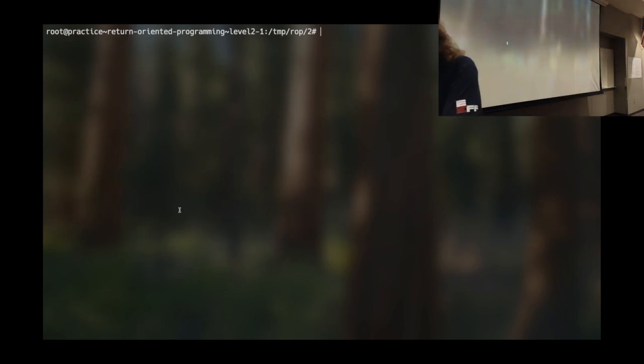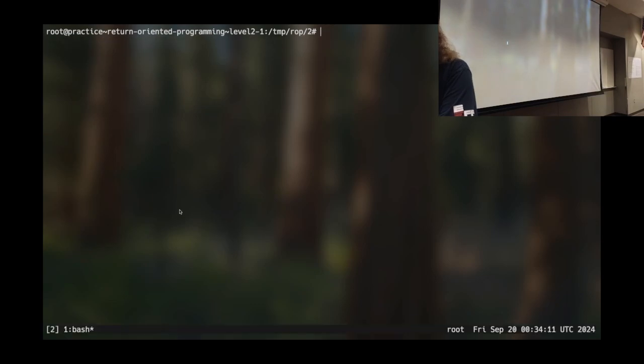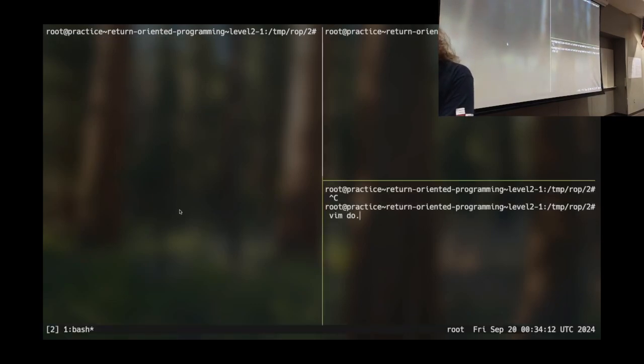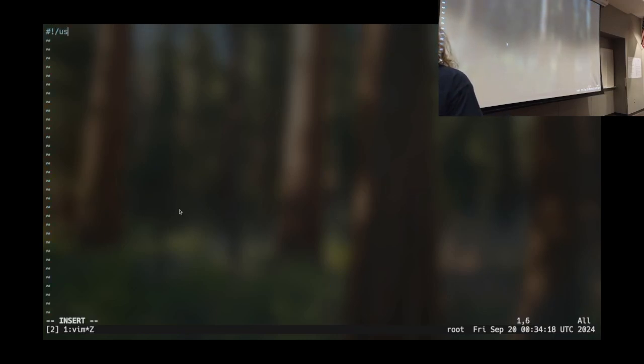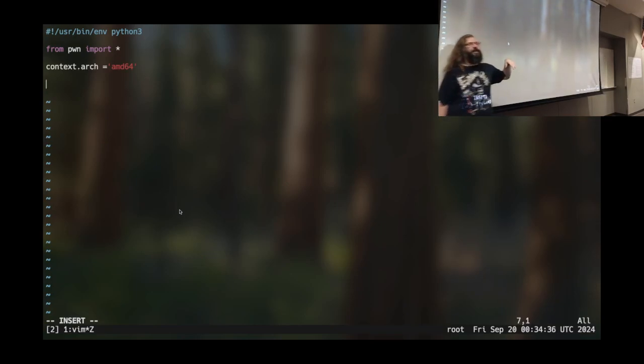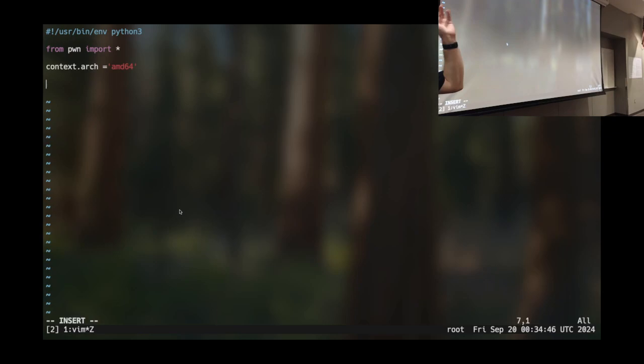Okay, so we could do all of this fancy math. We're going to vim do2.py. We will not have time to finish do2.py. I'm just looking at the clock and I know where we're going. From pwn import star, context arch equals amd64. One of the things I had in the slides was talk about the GOT PLT. Regardless of what I talked about today, I was going to record a separate video on it, so I'm just going to do that. Because then it'll be nice with slides and diagrams, and it'll make more sense. A better use of time.